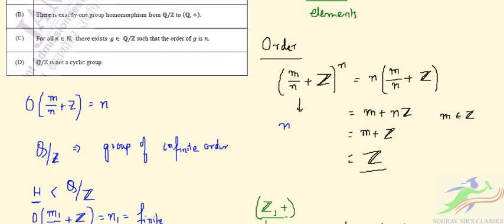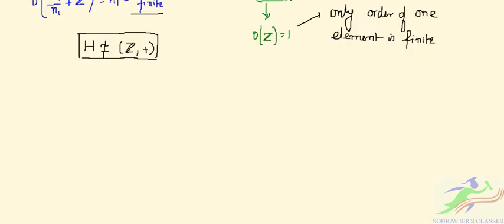So there is exactly one group homomorphism from Q/Z to Q. Okay, one group homomorphism. So we can write it over here. In case of option B,